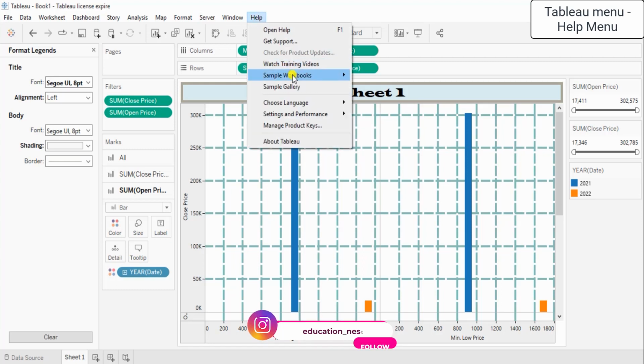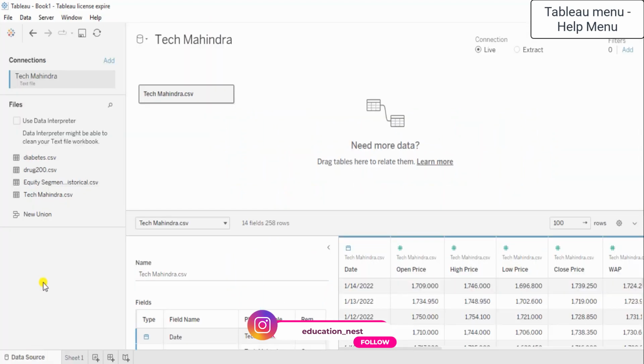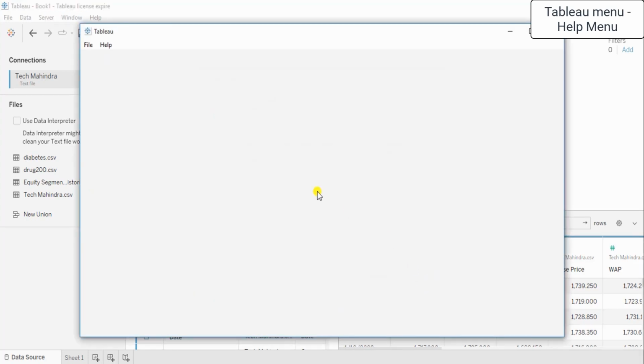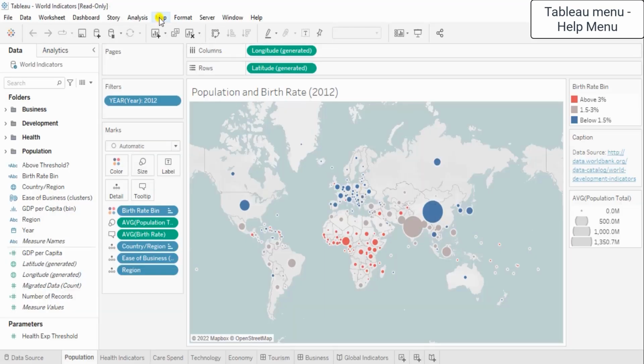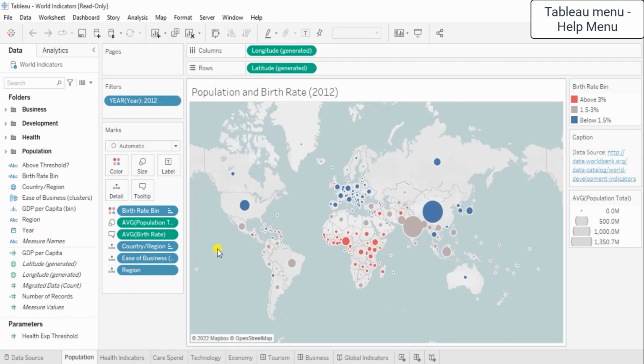Okay, let's click on Superstore. That is supposed to show it to us. I think something is showing up here. Okay, continue trial. Let's come here, continue trial. Okay. So what is it that they are showing? Yeah, see, they have opened this data sheet that we were having. Now out here, we can see it in the maps also. So the map layer is also provided here, and the background images, geocoding, edit location. So this particular data set that the Tableau guys have provided, we can see everything over here